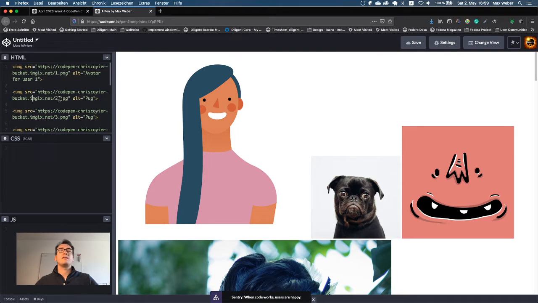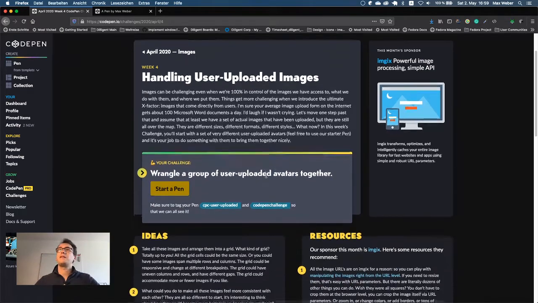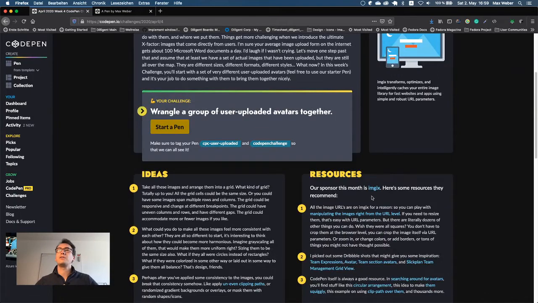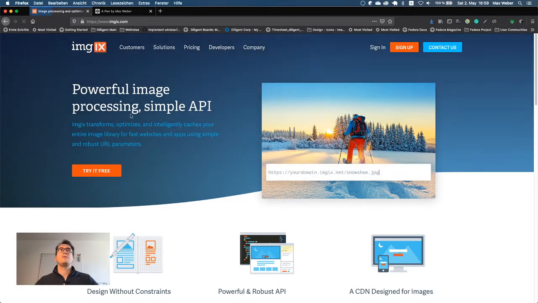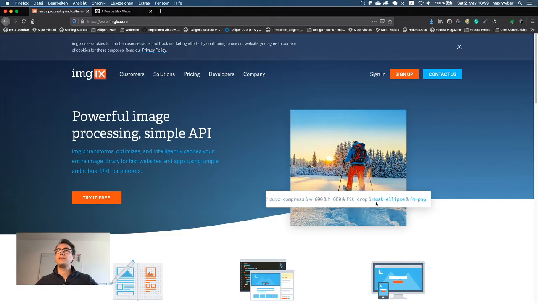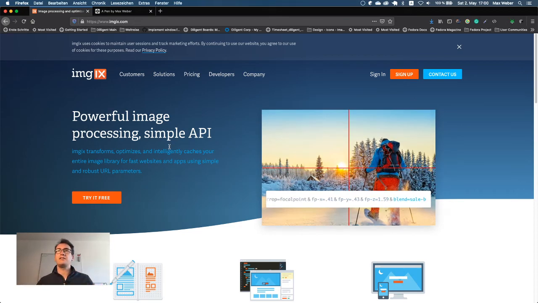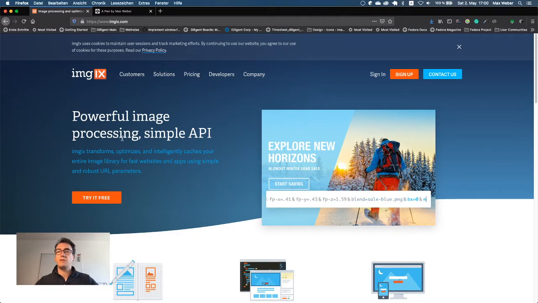And because CodePen always has a sponsor, in that case it is Imagix, you have possibilities to work with them. So if we jump to Imagix, we can see it is an API that has the benefit that we can compress, for example, the images, we can set the sizes for the things, we can crop them, and so on and so forth. And I want to take this advantage to improve the picture like we want to.